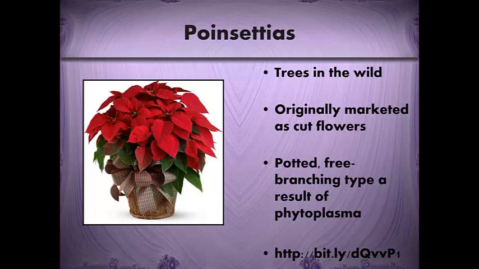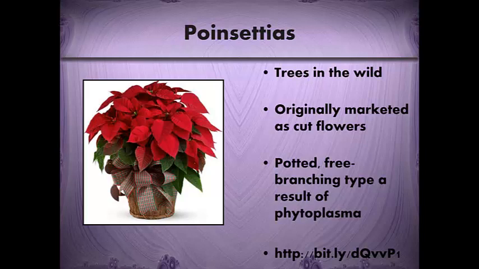Originally, the stems were much taller, much less branched, ideal for a cut flower, not really a potted plant. The potted, free branching type, which is what you see in the picture here and which is what you buy everywhere, is a result of a phytoplasma. All commercially produced poinsettias actually have a phytoplasma, and that's what gives them the growth form they have. But it doesn't have a negative effect on their health at all, so that's why they can still mass produce them even though they have this pathogen, because it changes the appearance in a favorable manner without negatively affecting the